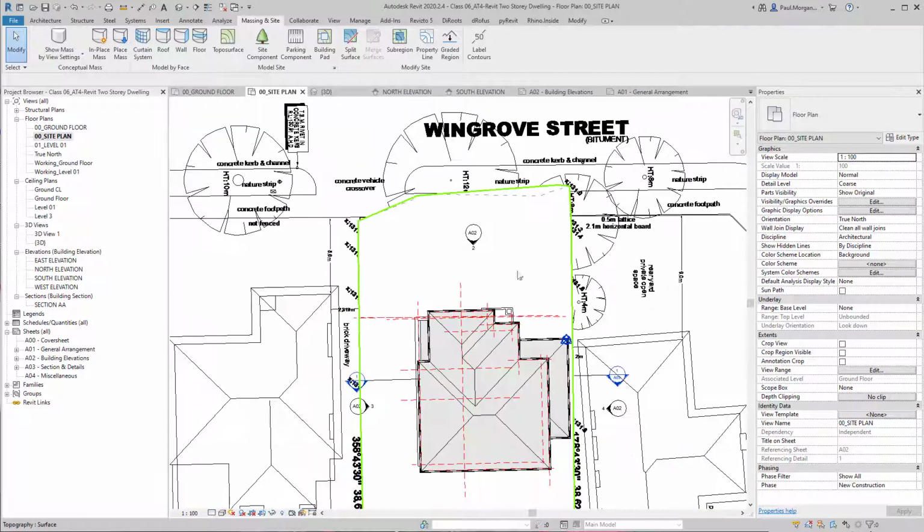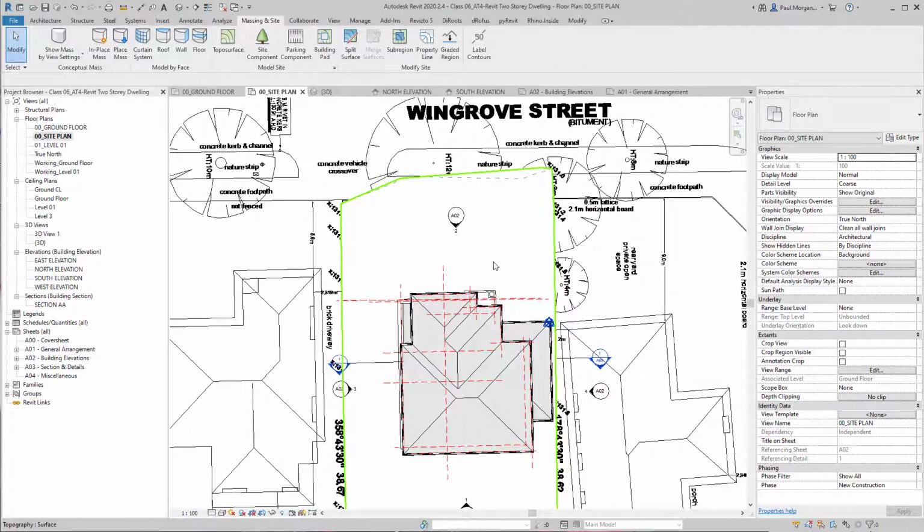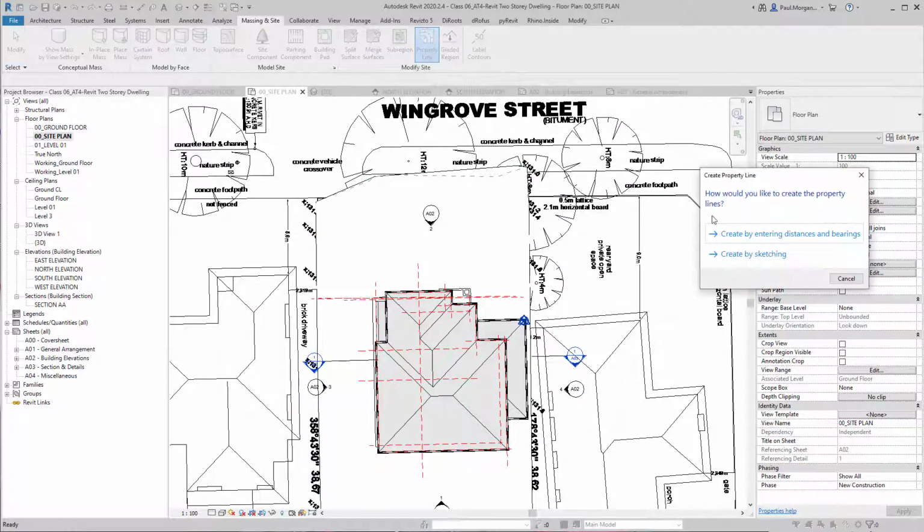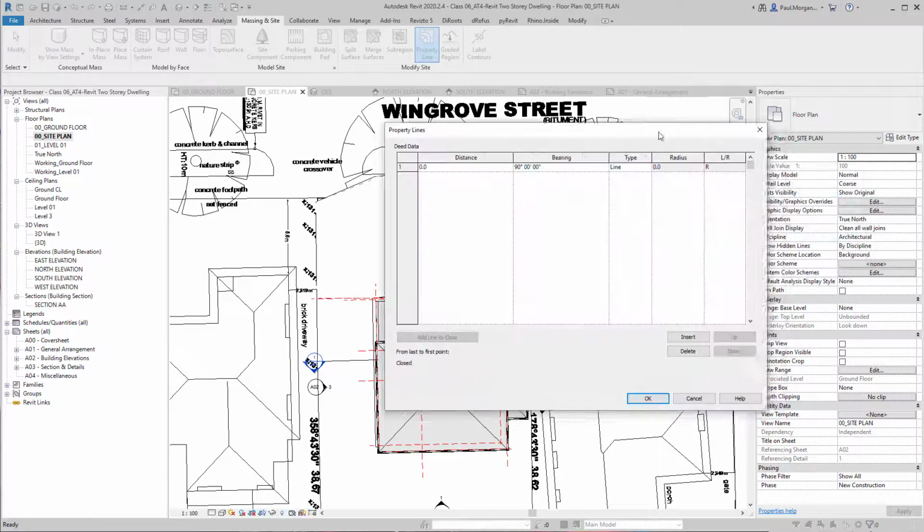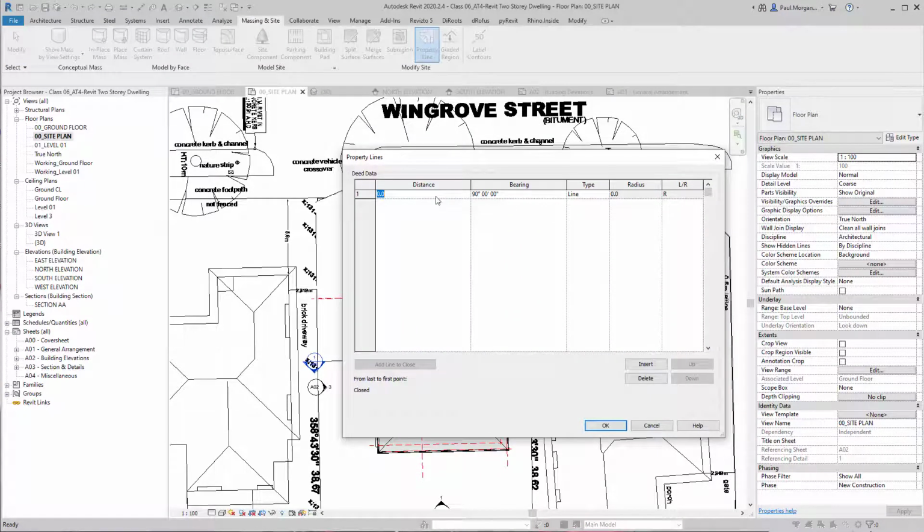But a better way to do it, and a way that I know is more accurate, is to type in the bearing distances. So I'm going to go property line, create by entering the bearing distance. So firstly, the distance of the first line is 15.240, 15.24 meters. And the bearing is 89 degrees and 33 minutes. All right, and then I say insert another line. So I'm going from the top, the north boundary, like the boundary at the front of the property, and then working around clockwise. So then the second one is a distance of